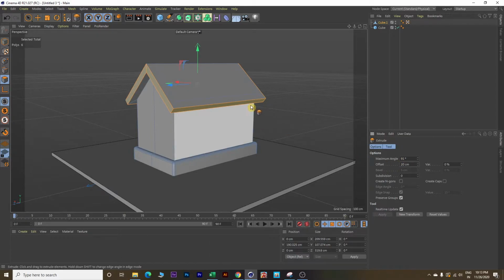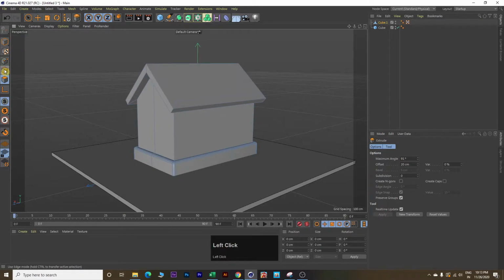Next we will make these edges look smooth and fine. So we will click on this edge button over here and we will select some of the edges, click outside, then start selecting these edges.